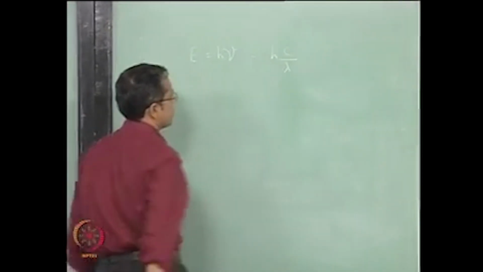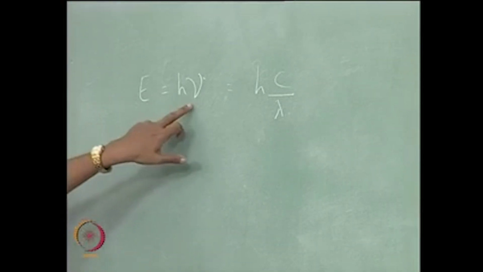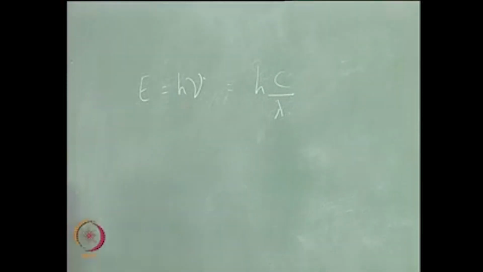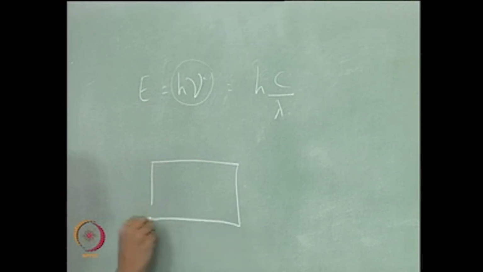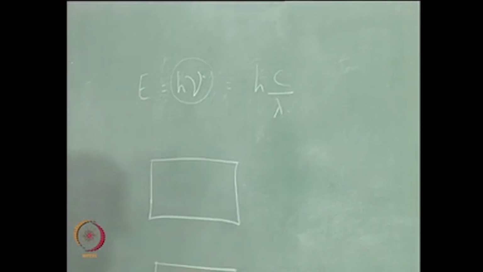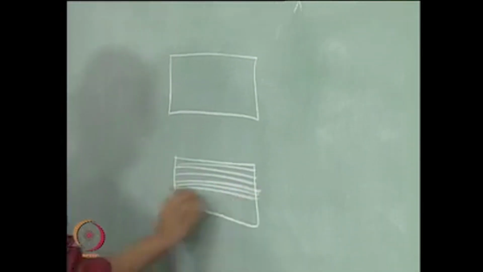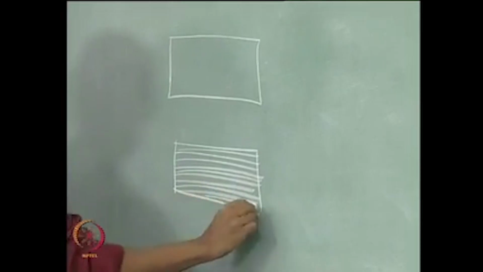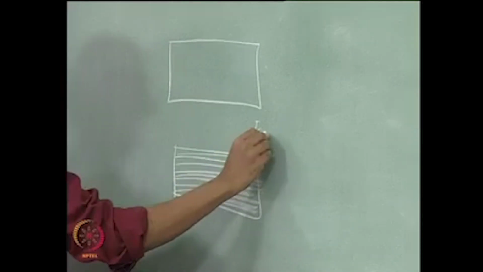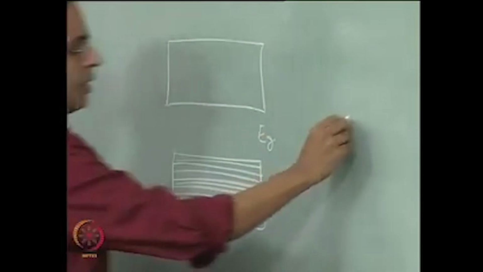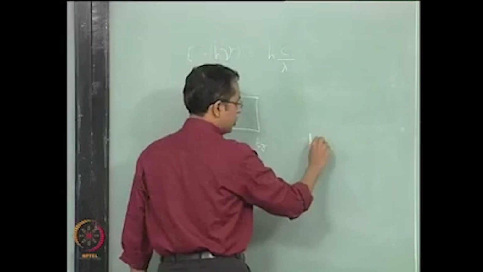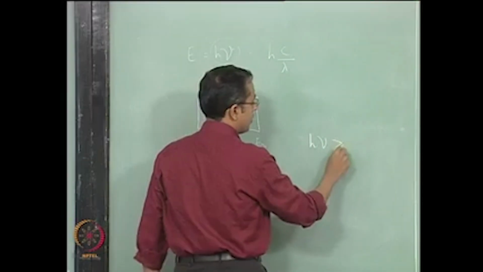Now if the incoming radiation has enough energy, if this h nu is large enough that when it encounters a material with a band gap Eg, so this is Eg, if h nu is greater than or equal to Eg,